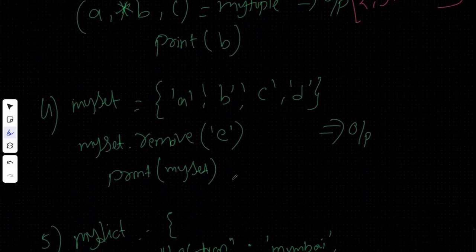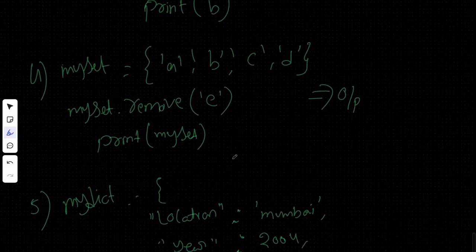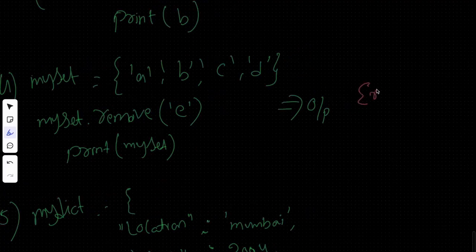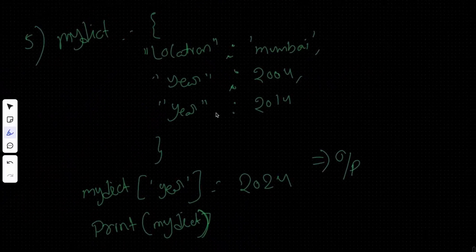And next we have a set and you are trying to remove element e from the set, but the element e doesn't exist in the set. Python will throw an error. We have another method, discard, to remove elements, right? If the element doesn't exist, that method won't give any error. This is an error. And next we have a dictionary, location Mumbai, year 2004, year 2014, and we are updating the